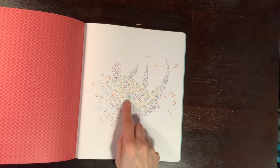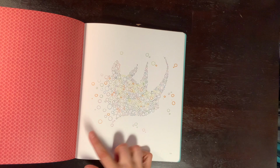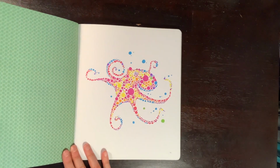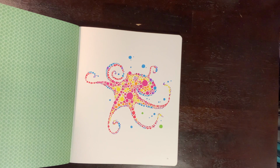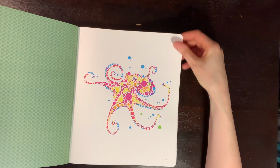It's just circles of different colors, and you fill them in with the colors. Very simple. So I did many pages in here over a period of about 2 weeks. When I was up to it, I just pulled out my Crayola Super Tips and did a page, and they go really fast. So I did this page,